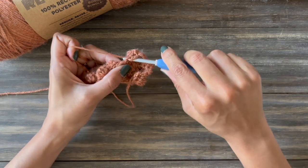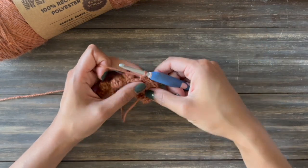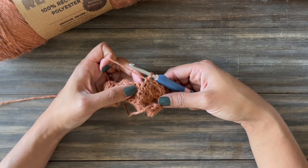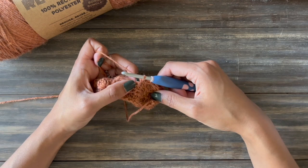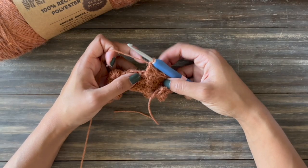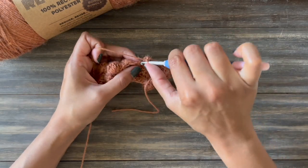Single crochet in the next stitch, and then we're going to do a 5 double crochet bobble in the following stitch. And since you already know this one from doing it so many times already, I'm just going to go ahead and skip ahead. Okay, we completed our 5 double crochet bobble, and now we are going to single crochet in